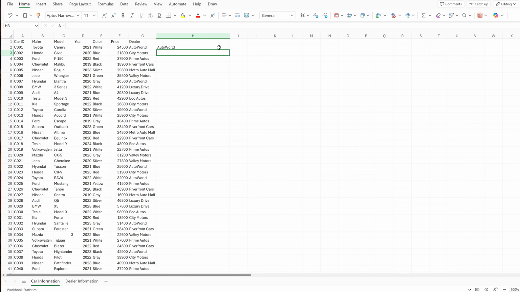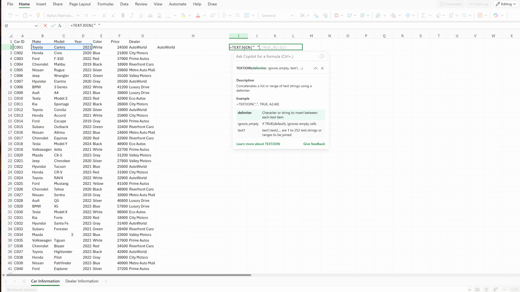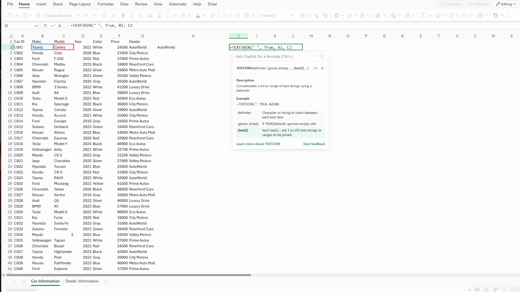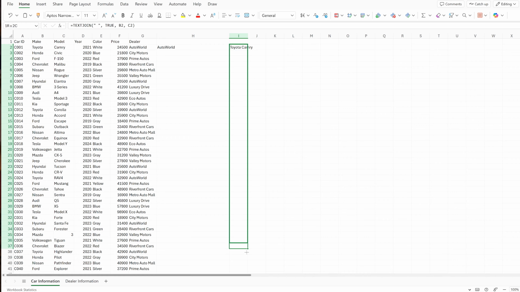Excel also gives you text tools that can be used to clean up data. For example, let's do something practical and combine make and model into one column. In cell I2, I'll use this function: =TEXTJOIN(" ", TRUE, B2, C2), and press enter. Now I can drag this all the way down to combine the make and model for all